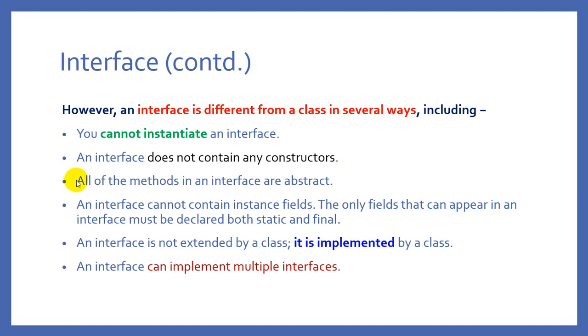One of the basic differences is that you cannot instantiate an interface. As far as the classes are concerned, once you have declared a class, you can instantiate it. But as far as the interfaces are concerned, you can never instantiate an interface. Why is it so? The reason being, whenever